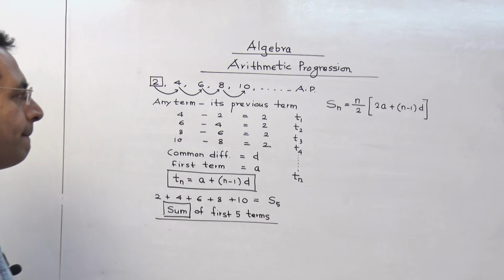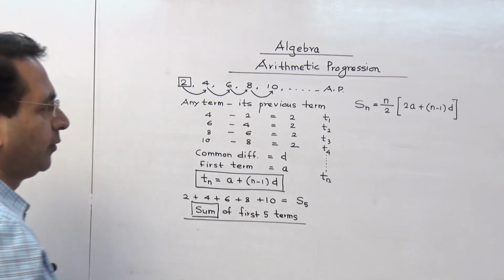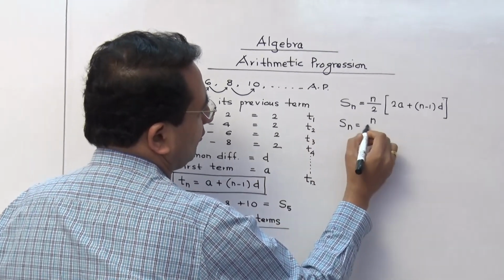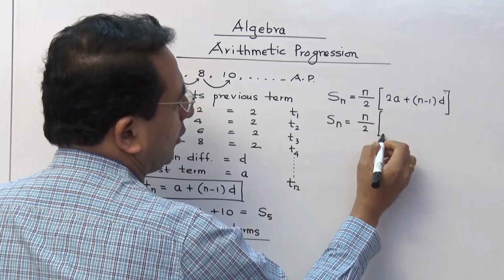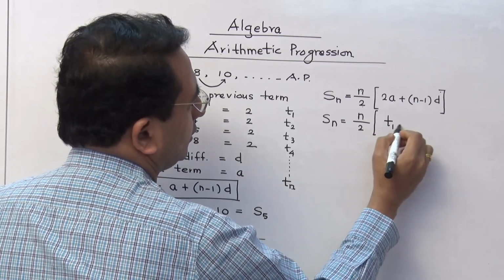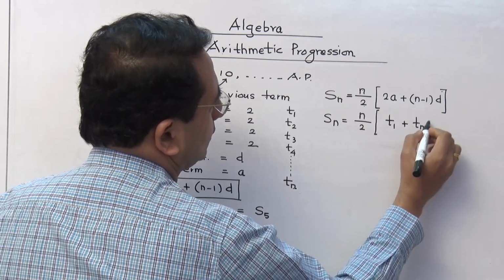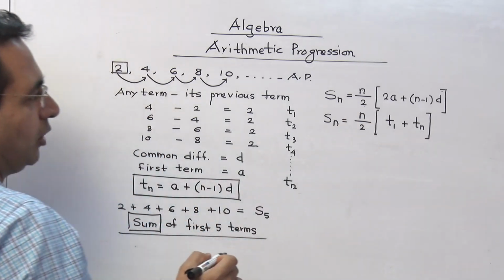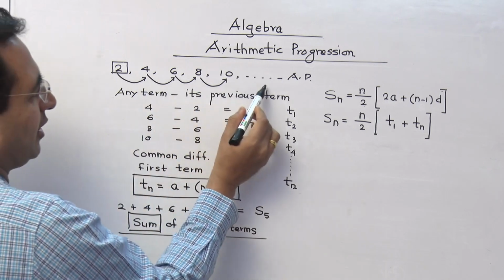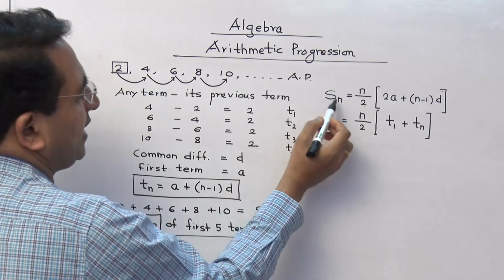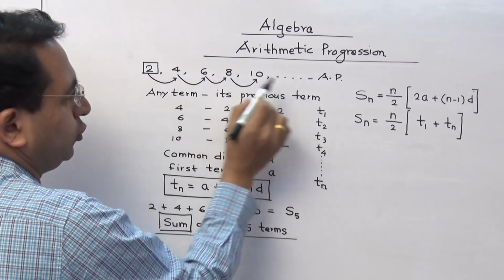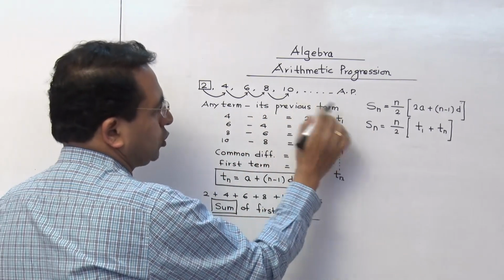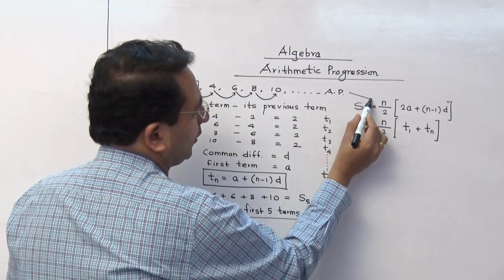Is that clear to you? Now we are going to have one more formula for this. It is Sn is equal to, the starting part will remain the same. Here we have to write T1 plus Tn. This can be used if you know the last term. Now suppose this sequence is given to you, and if you are asked what is the value of S20, sum of first 20 terms, whether you know the 20th term of this AP, so our answer is no. So in that case you have to use this formula.